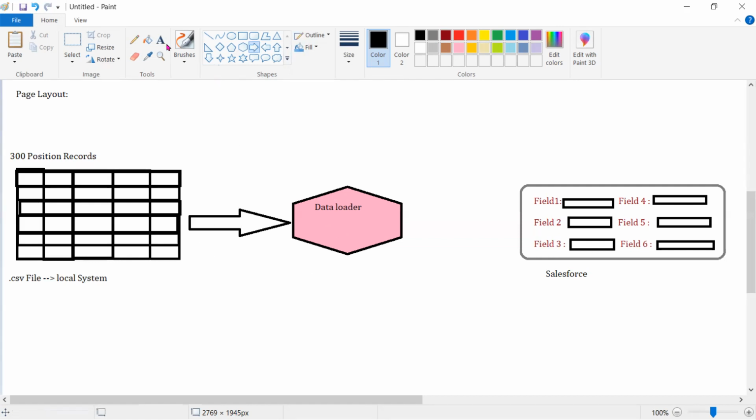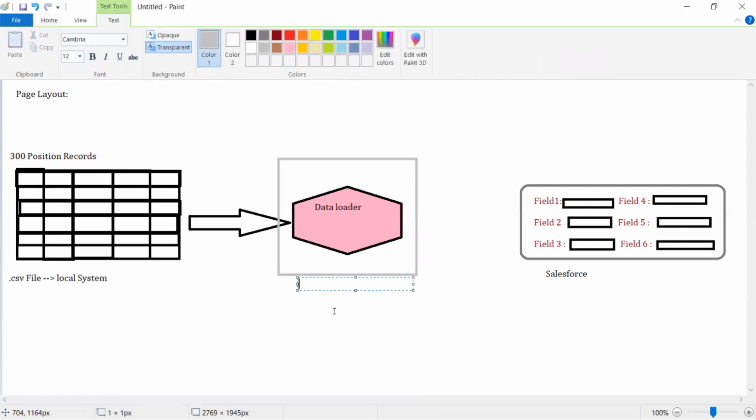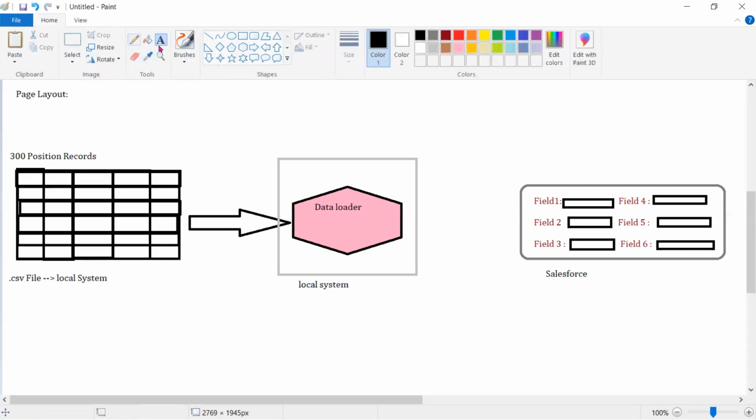But before that, this data loader is also on the local system. It is not in Salesforce. Where is the data loader? The data loader is installed on the local system. Now, as soon as you click on that icon and open the tool, the first thing is